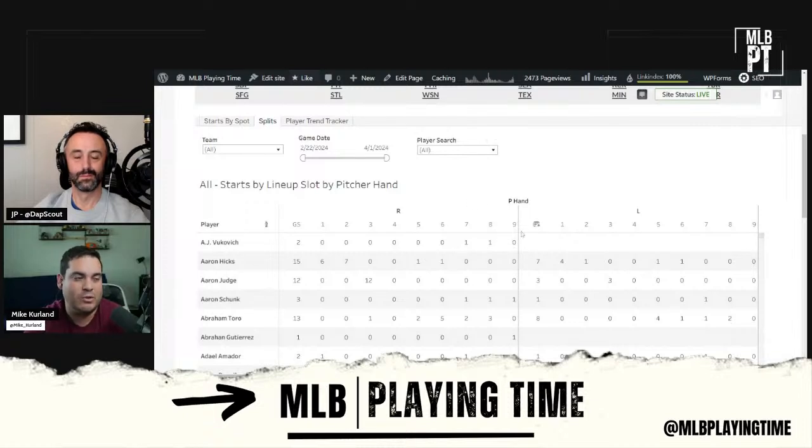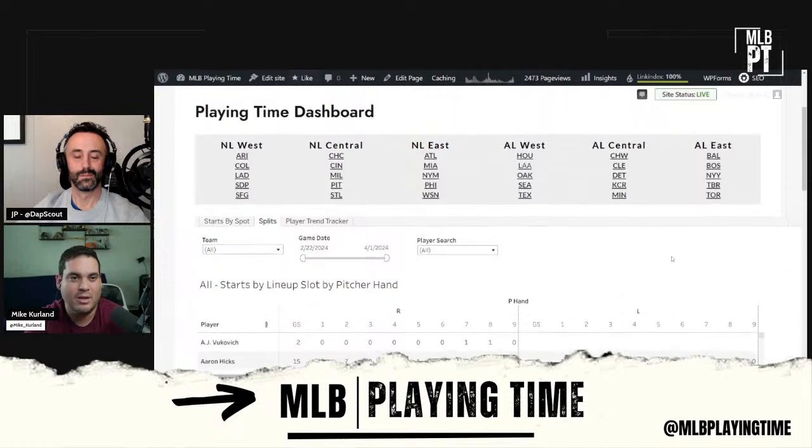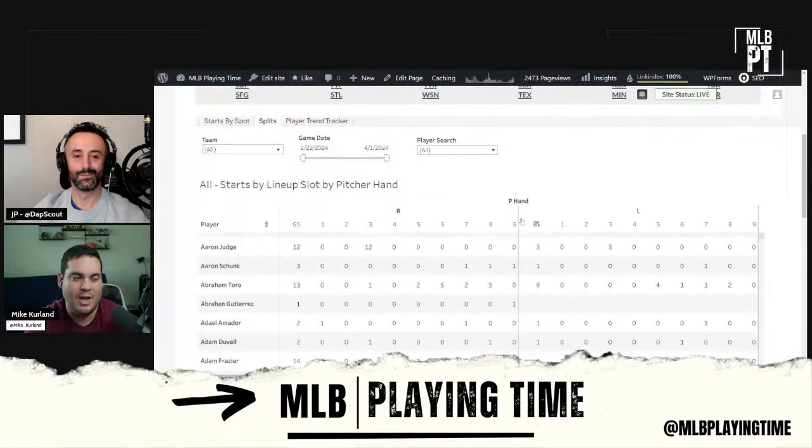And the thing is, when you use this tool, you have to understand, this is where I kind of wish I could work on something that helps you do this, because sometimes lineups will be weird. You're like, this guy's been leading off for 3 straight games. Well, it's because the leadoff hitter is injured. He's day to day or he's out. So you have to understand the reasoning behind it. Sure. And that's where I usually follow that up with an article or something.